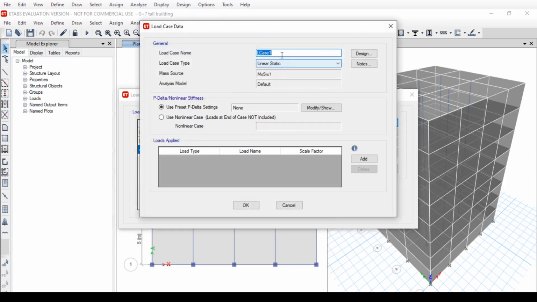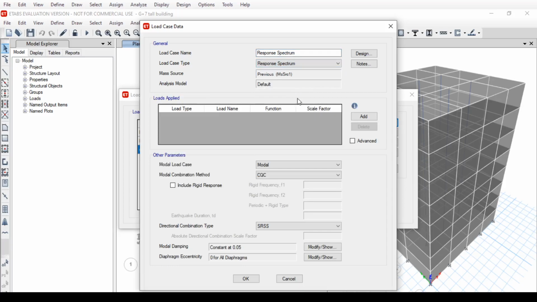Here for load case, put the load case name as response spectrum and load case type as response spectrum. Here no load is applied, so click on Add, acceleration U1, and function as response spectrum. Here is the calculation of